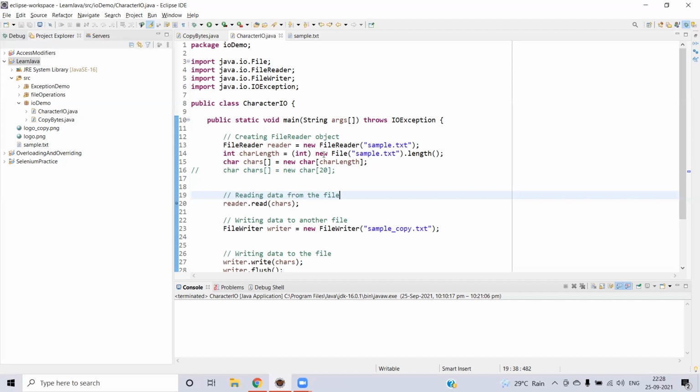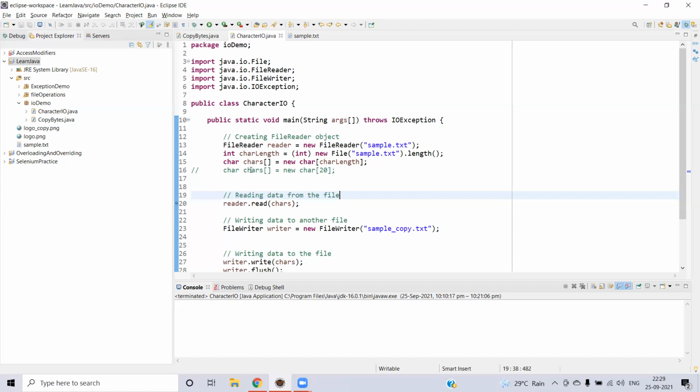The reason to convert into integer is that we need to create the array beforehand, so that we will be writing the characters, right? Or we will be reading those characters into your character array. So in simple terms, for the given file, we get the total number of characters inside it, and we create an array of the same length having the character type. Or you can create any length of character array, but however, it will be reading or getting data only for that given number of elements.